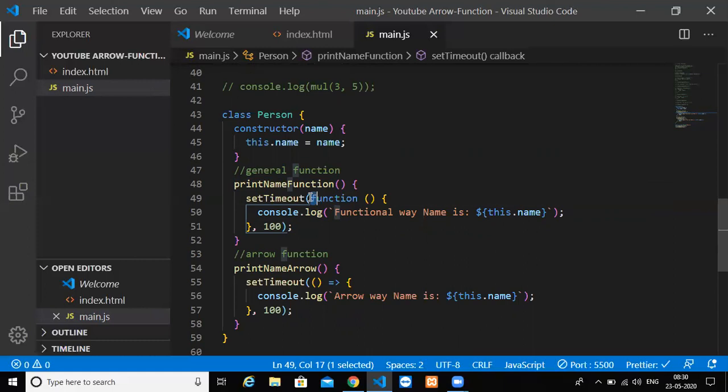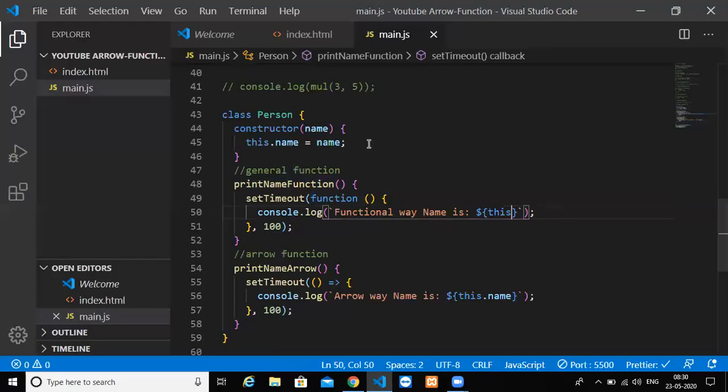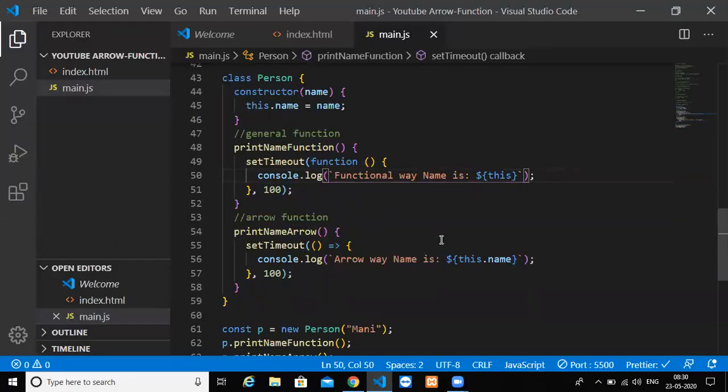Try to understand. The setTimeout function, or the function inside the setTimeout function, is not related to this particular class. This is related to a global function. So now if I remove this and show just this, probably dollar this, it will point to the window object and not this person object, or the p object.